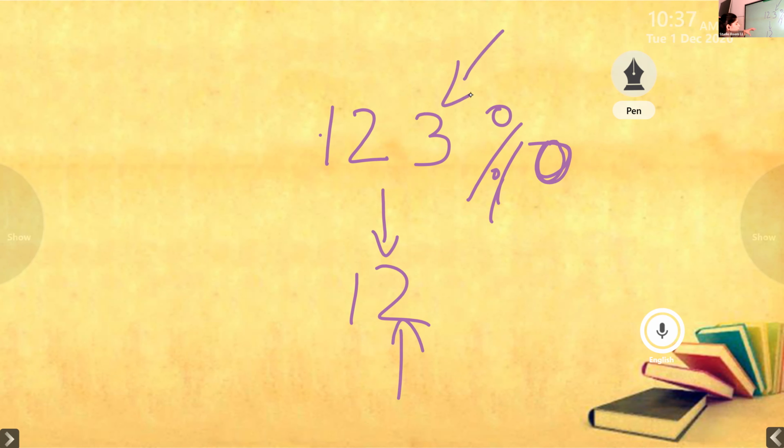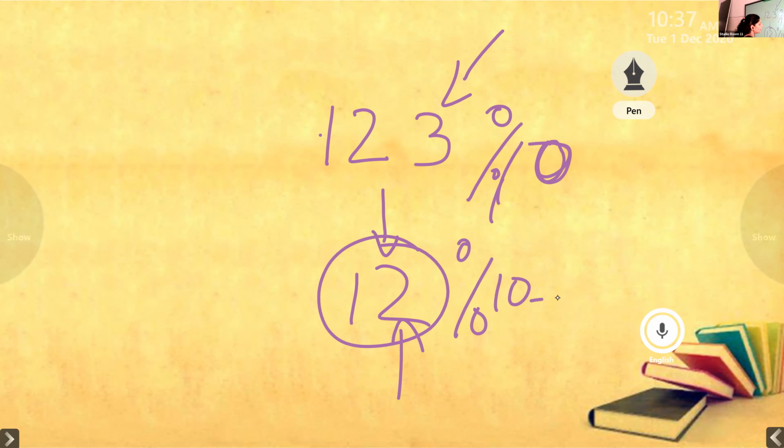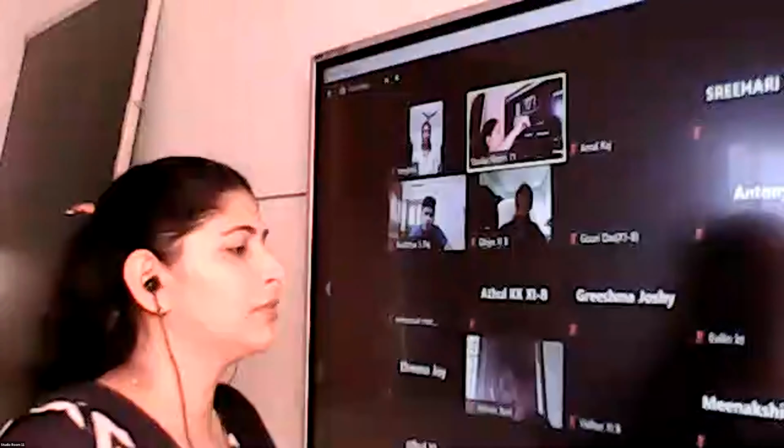Then the loop variable should be updated in such a way that next time there should be only 12 before entering the loop. So again 12 mod 10 means the loop continues. So you will be getting 2. And another operation you have to perform so that the next time the loop executes, it will become 1. So 1 mod 10, again you will get 1. So each and every time you need to extract 1 by 1.